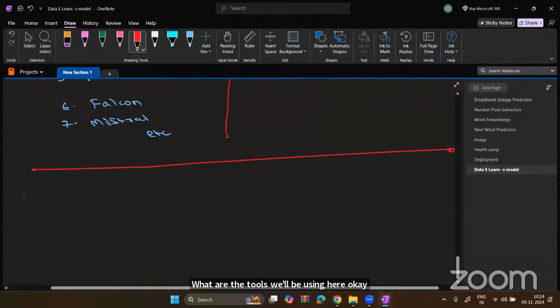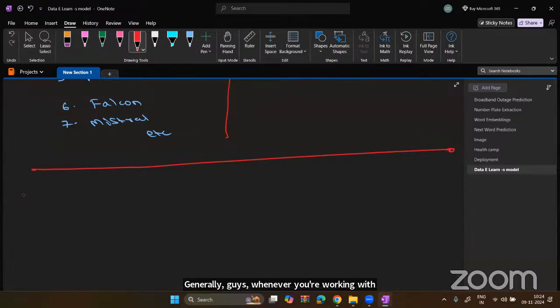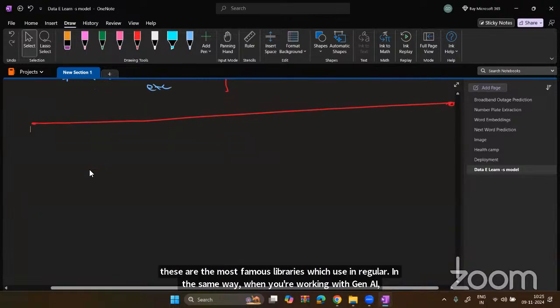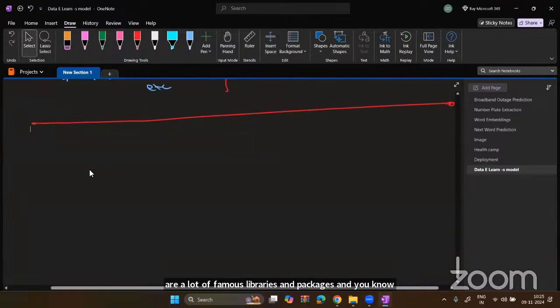Generally, guys, whenever you're working with traditional AI, like deep learning or machine learning, what are the general libraries and tools you work on? NumPy, Pandas, Matplotlib, Seaborn, TensorFlow, Keras, Scikit-learn, PyTorch by Facebook, right? These are the most famous libraries we use regularly. In the same way, when you're working with GenAI, there are a lot of famous libraries, packages and tools which you have to use. Okay, one is